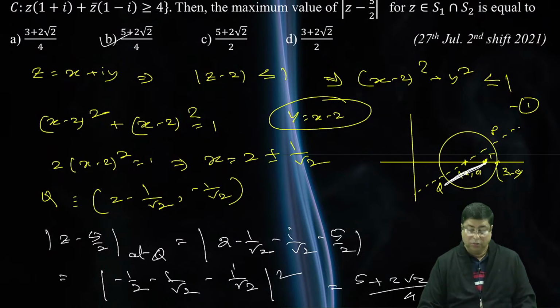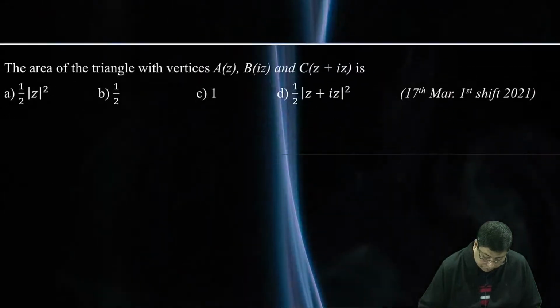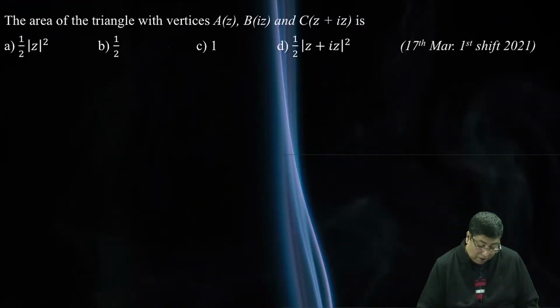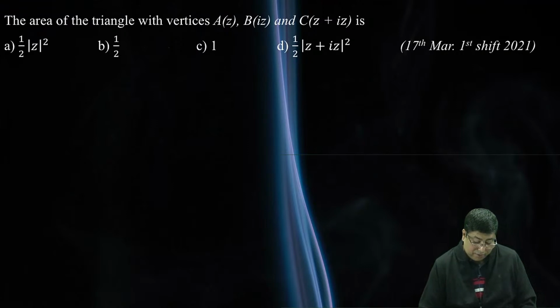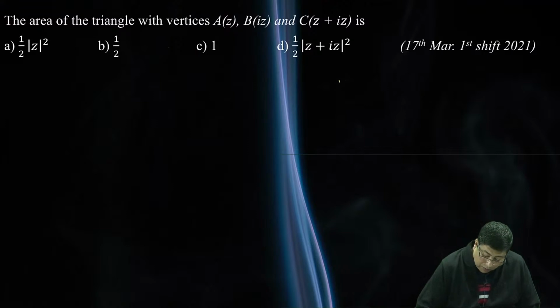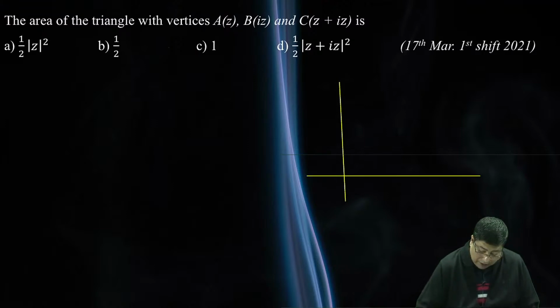Okay, let us go to the next one. The area of the triangle with the vertices A, B and C. Here we can see in this sum two complex numbers A and B. And what is Z? Z means suppose x comma y point. So we can write this as, if we draw the structure, we are seeing that